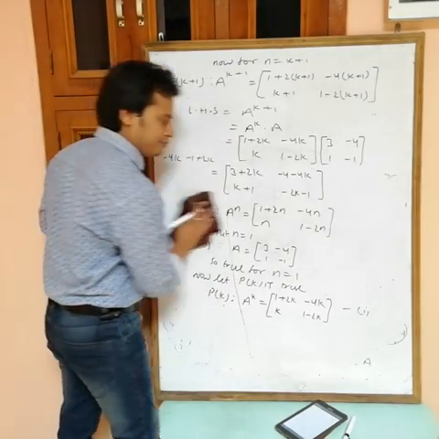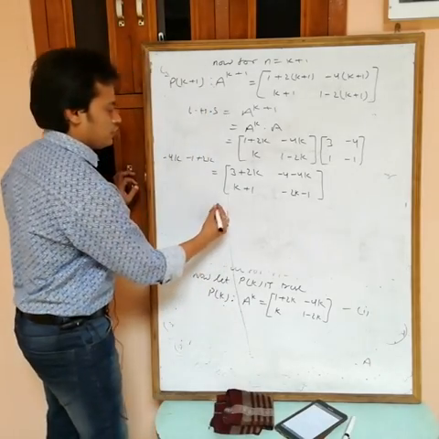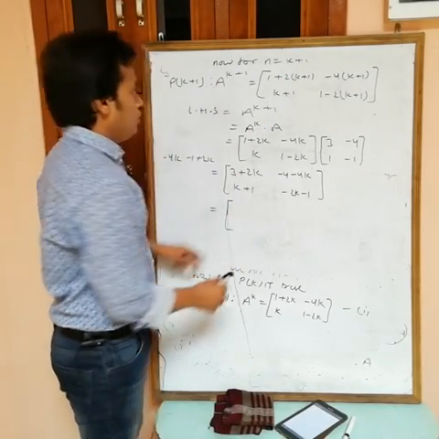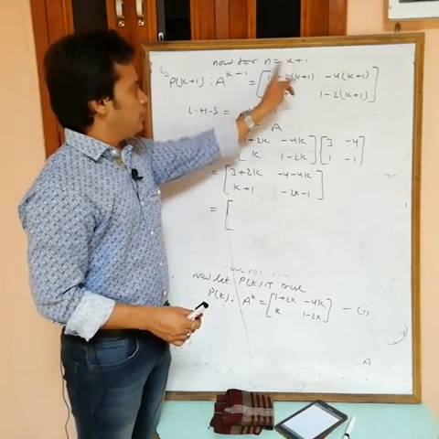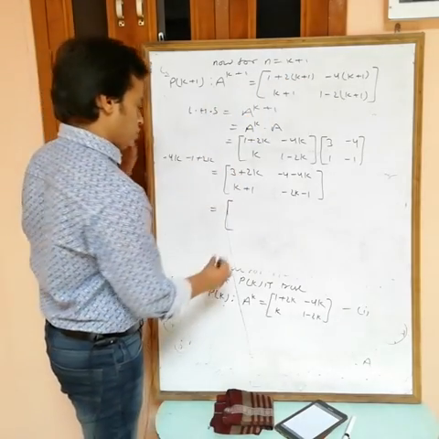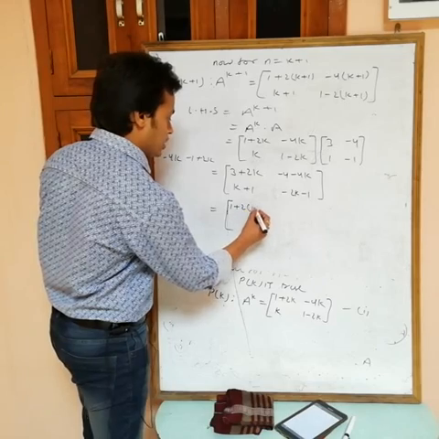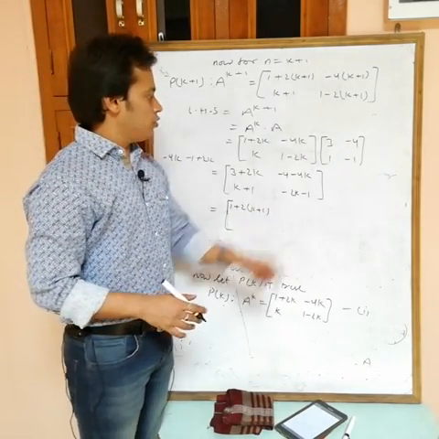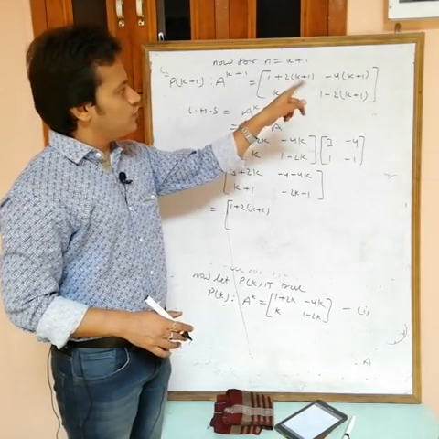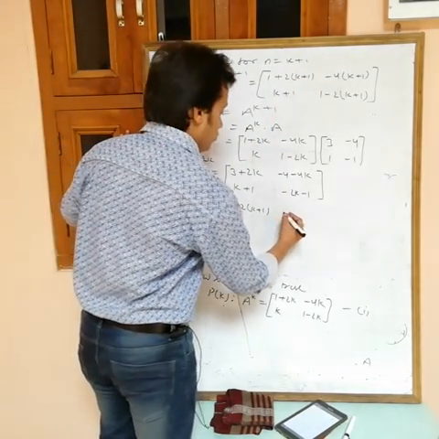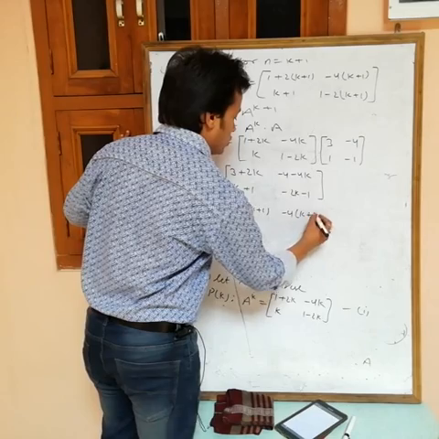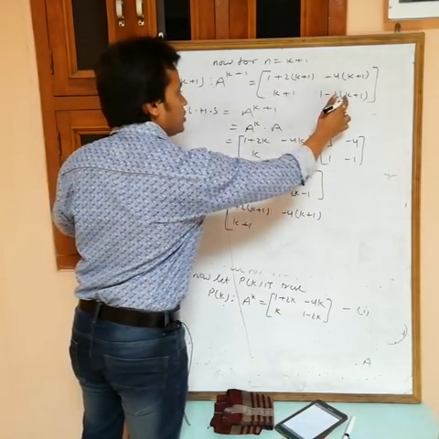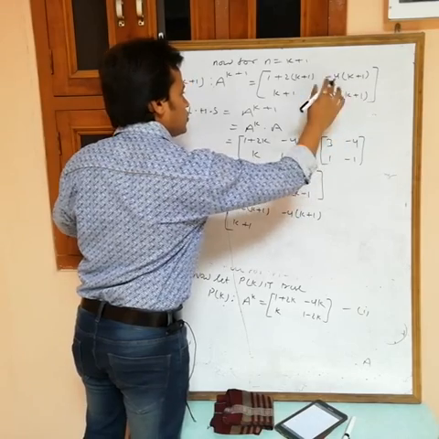Can I rewrite this one? It means, can you write this one in this form? If you find the value of this one, what are we getting? 2k plus 3, 2k plus 3. Okay, so I can write this as 1 plus 2 times k plus 1, because both are the same. Is this one equal to this one or not? Minus 4 minus 4k, minus 4k minus 4, obviously. So again I can write minus 4 into k plus 1. Similarly, k plus 1 equals k plus 1, and 1 minus 2 times k plus 1 is minus 2k, minus 2 plus 1 is minus 1.